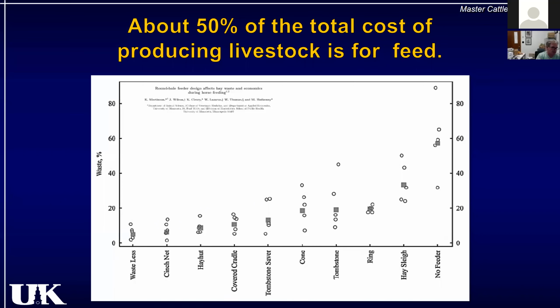A graph that basically shows the amount of hay waste going from top to bottom from 0 to 100%. And you go from left to right, and there are different types of feeding mechanisms. If you go all the way to the right, it says no feeder. You see a scatter of data that starts around 35%, goes up to about 97, with an average of 58%. So when you have no feeder and you just put a roll bale out there, on average, you're going